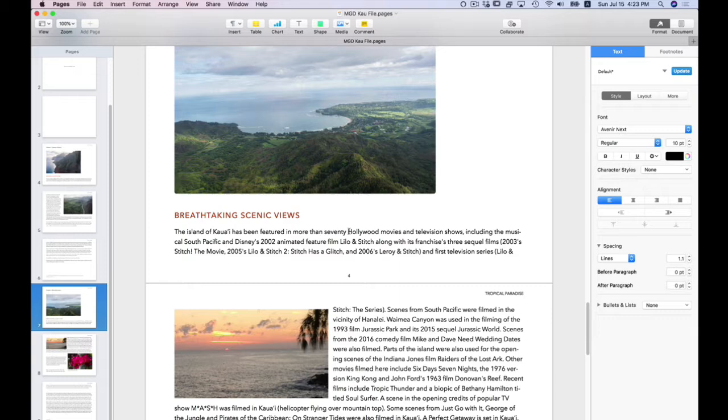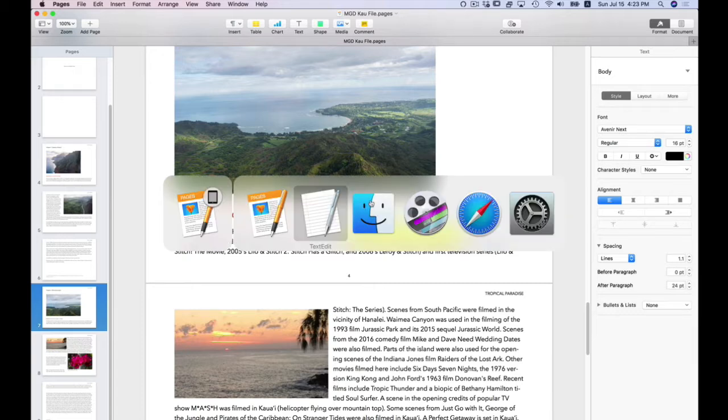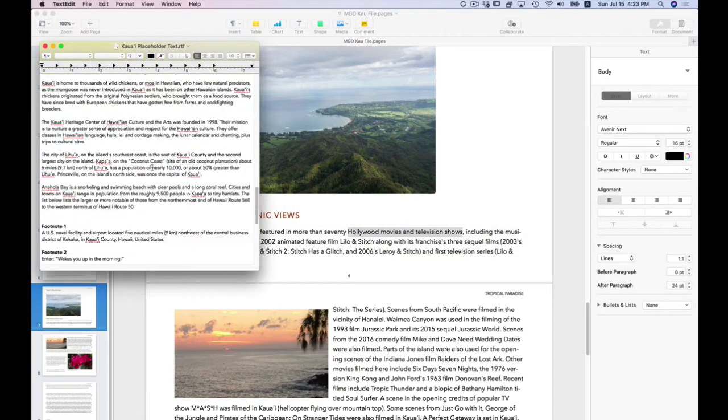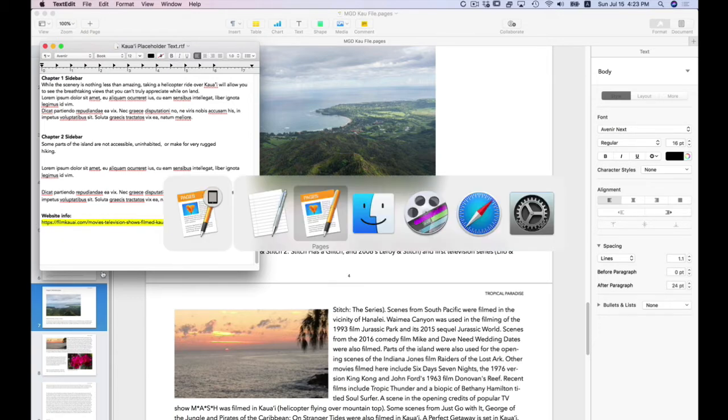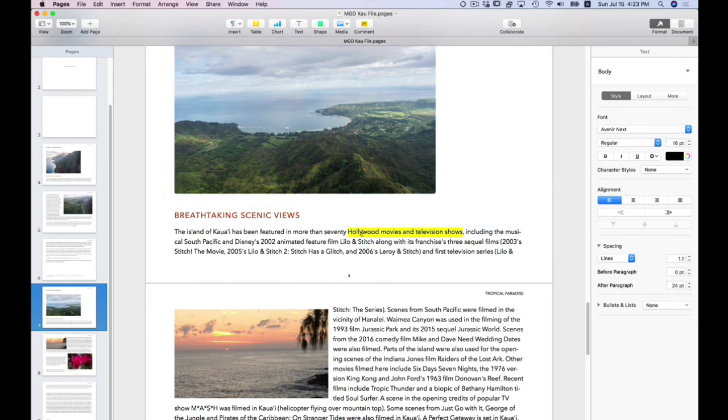All right, so here on Chapter 2, where it says Hollywood movies and TV shows, I'm going to select that text. And actually, I should have copied my other text first. So let me go to the text edit file, where I have my web page. Web page is here. Copy. Go back to Pages. So this is the text that I want you to be able to click on and go to a link. So from here,